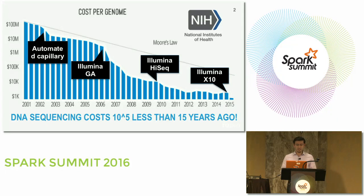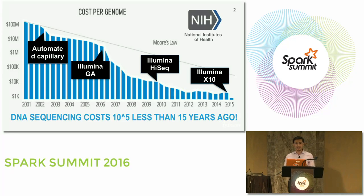Just to start the discussion, I would like to show the development of computational and DNA sequencing information in the past 15 years. On the top line, you see Moore's Law, which represents the reduction in cost of computation in the past 15 years for computers. And on the bottom, you'll see a similar graph that shows the reduction in the cost of acquiring DNA data. And if you see from this figure, of course, Moore's Law is an exponential decrease in price. And you see below that DNA sequencing data, so acquiring DNA data, has been reducing at a much faster rate